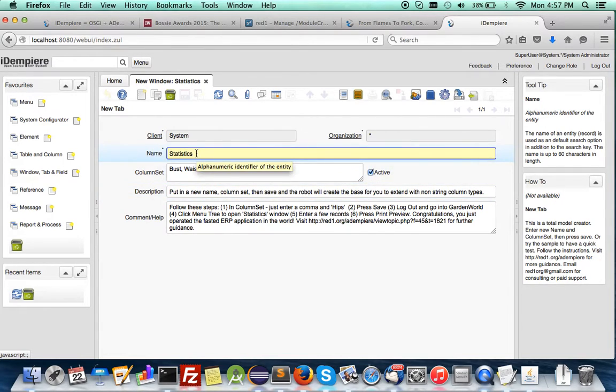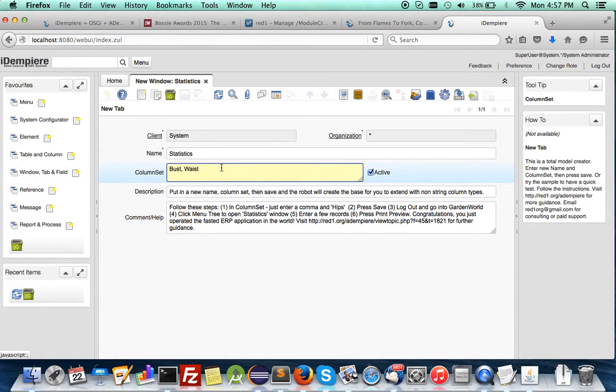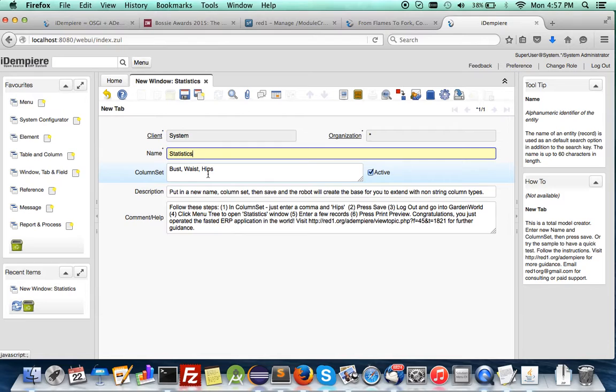Here we have a sample name, statistic, and put columns. They are of string type. Okay, yeah, I guess you can get what I'm trying to build here. And just save. 1, 2, 3. That's it. After 3 seconds, everything is created, and now you can click onto your user role and begin to key in